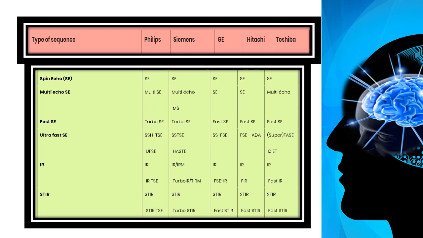If we see this table and the coming table, you can get it from the net. You can find that, for example, spin echo has the same abbreviation in all of them, while fast spin echo in Philips is called turbo spin echo, while in GE it's called fast spin echo. So you can have different names,